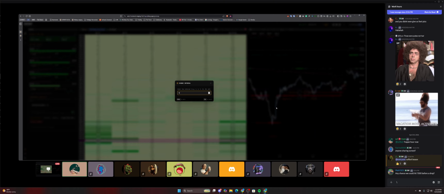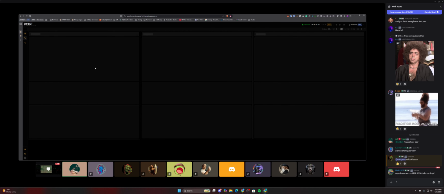Here you can toggle panes on and off. For people who don't have a big monitor, this allows you to remove what you want, and that resets it. And then this page here